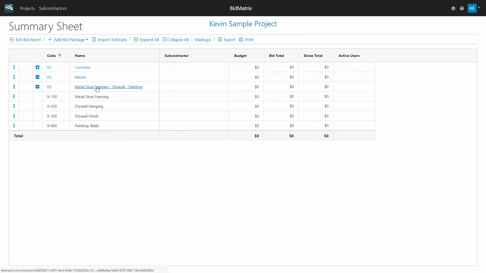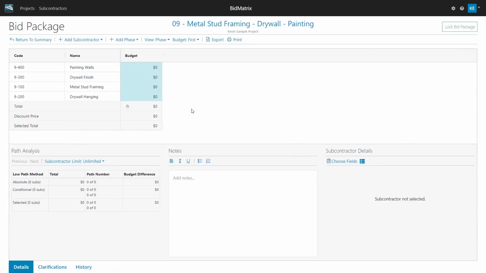if I click on the title, it will actually take me into that bid package. So on this screen here, this is where we're going to start putting in the different bids and analyzing numbers. So this is all stuff that I could set up in my bid packages. I can add my subs and all that type of stuff before bid day ever comes along, maybe if I've got an idea who I'm going to get bids from, or excuse me, what I'm going to break out from my different sections and so forth, all ahead of time.